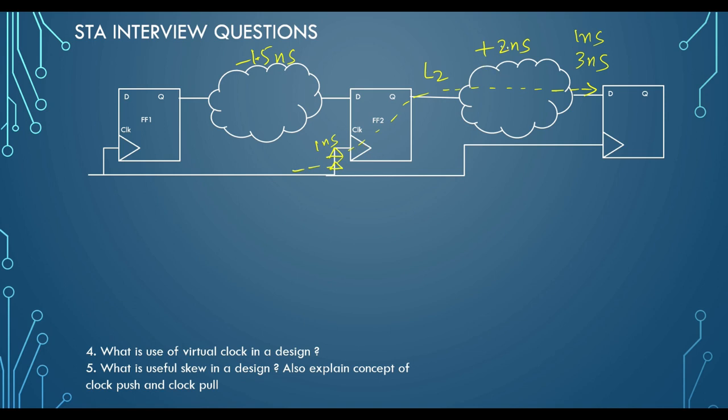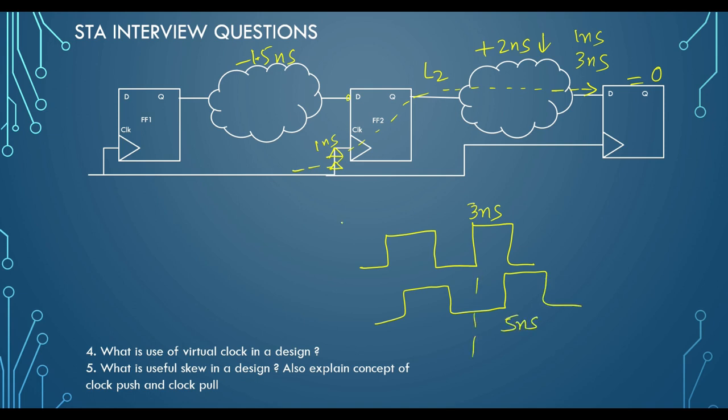So now this slack is pushed and it will go down by this much amount, that is 2 ns here. So slack will effectively be 0 in this particular path. It is still marginally meeting, and what will happen is, you are actually pushing the capture edge of this particular path. This is the capture path. If this edge was earlier occurring at, let's say, 3 ns, it will now occur at 5 ns, because we are now pushing the capture edge, and we are gaining more skew in this particular path to fix it.